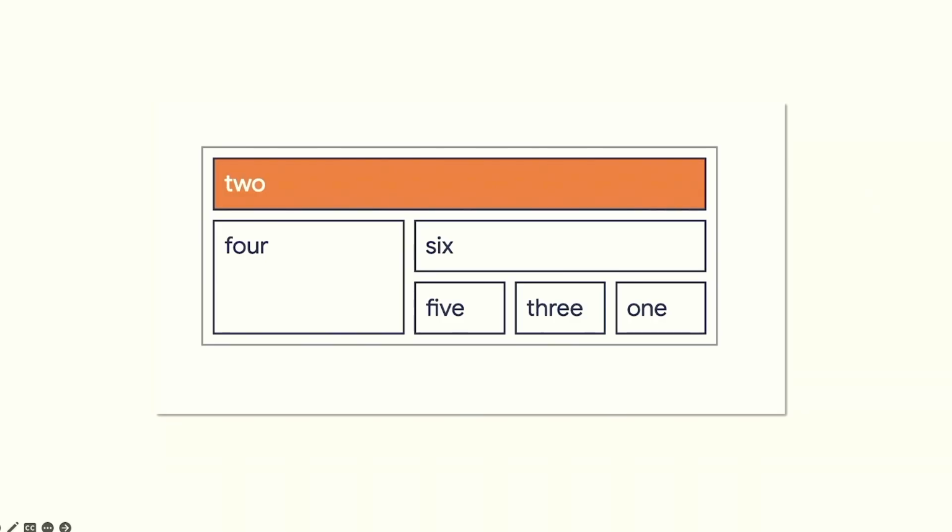So sort of follow the order, otherwise do things as normal. So this example, I've given the second item in the DOM, so that's that top bar, which is number 2. It's the second item in the DOM. I've given that an order of -1, so that's kind of pulled it out. So that's going to get tabbed to first. Everything else is just happening as it is in the source.